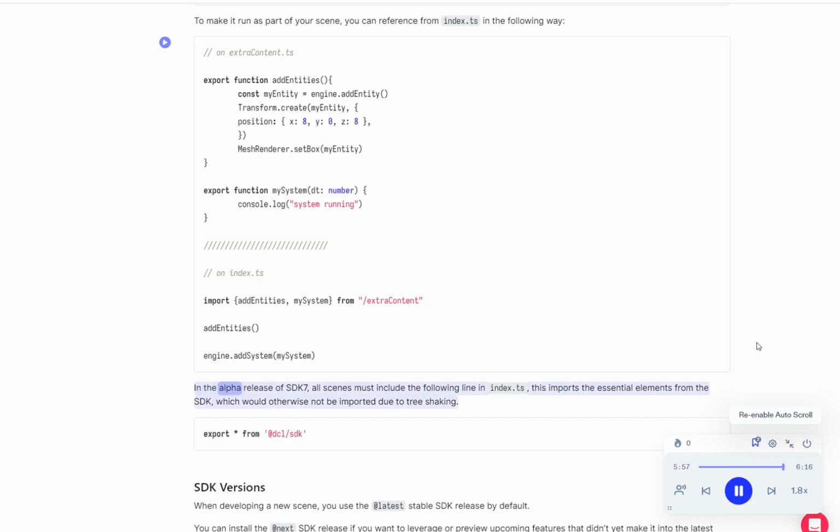In the alpha release of SDK7, all scenes must include the following line in index.ts. This imports the essential elements from the SDK which would otherwise not be imported due to tree shaking. export * from '@dcl/sdk'